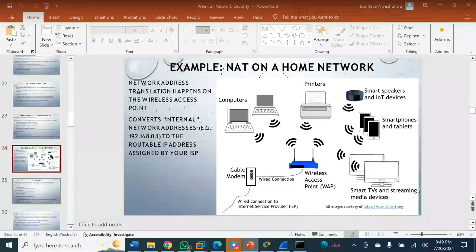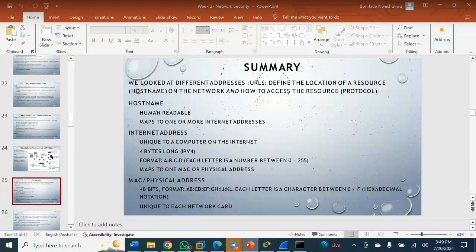So NAT on a home network. Network address translation happens on the wireless access point. It converts the internal network address to the routable IP address given by your ISP. So talking about the summary,